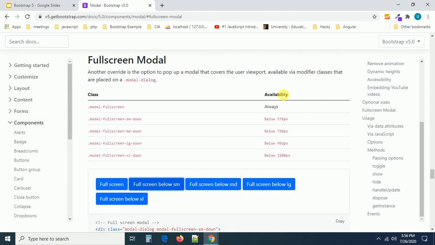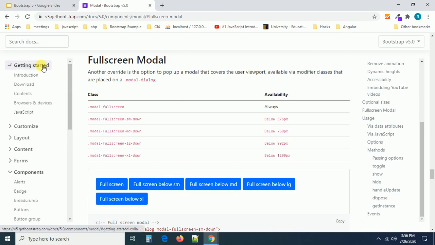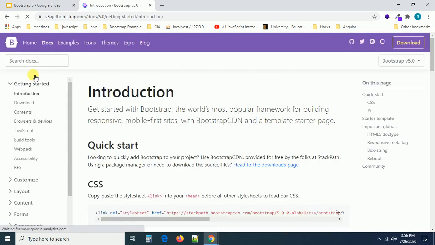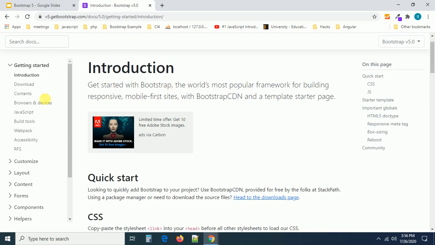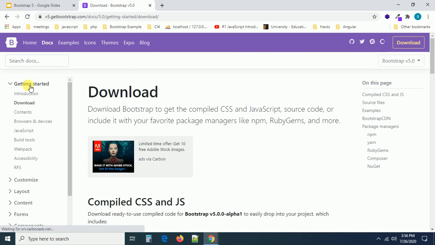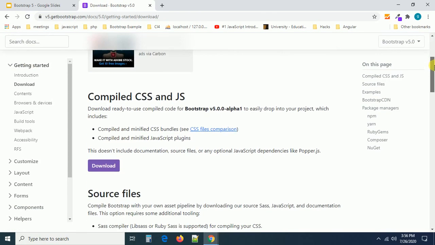And moreover, Bootstrap 5 completely uses the flex grid system. In CSS, we have flex, right? CSS flex. The name itself is flexible. Yes, this grid system is flexible for every device, whatever you are using. Yes, this is all about Bootstrap 5. Now if you want to start working with it, we can download it and work with it, guys. We can include the CDN links, or we can download the library separately, include it in our project, and work with it. This is all about Bootstrap 5.